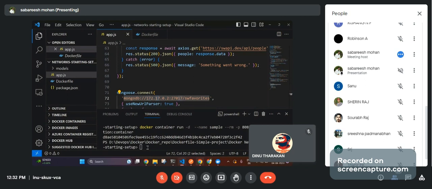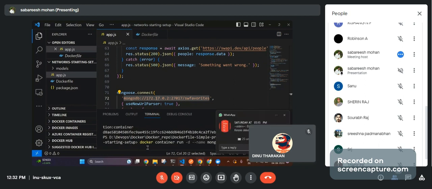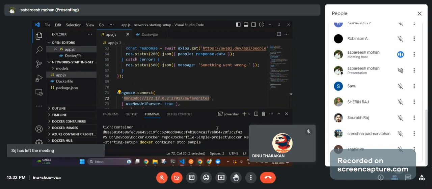Okay, so that means let me go and, the system is too slow, so I'm stopping the application. This is the part which we already learned about, the networking part, right?